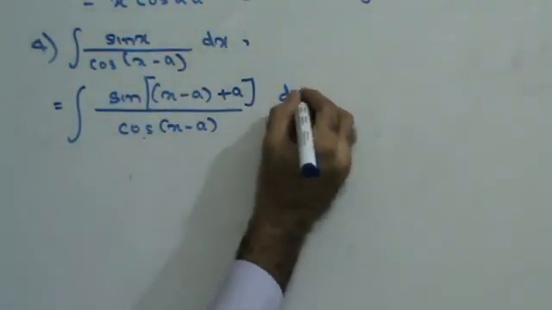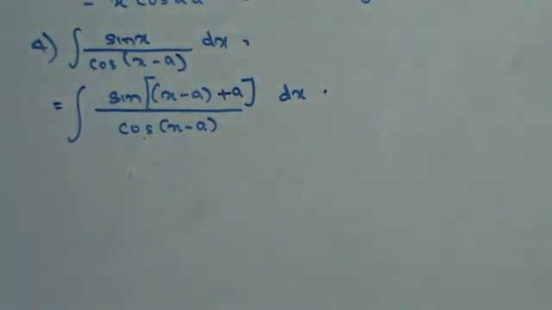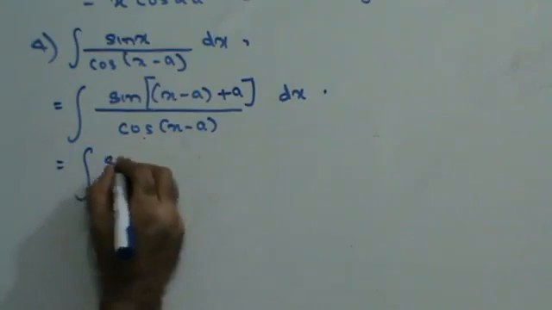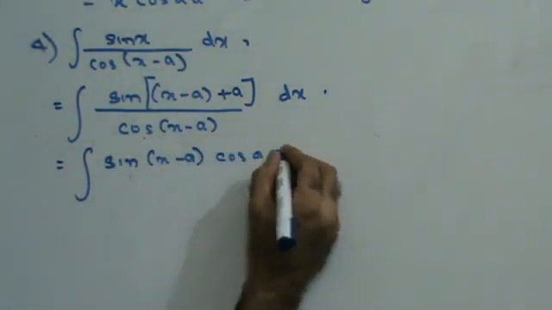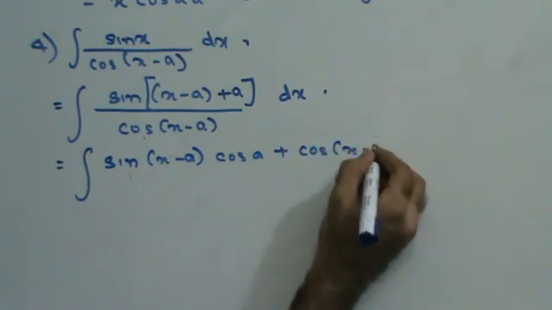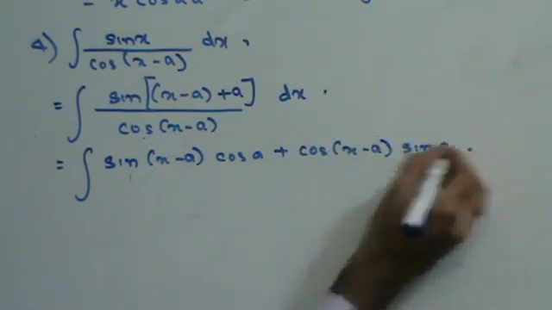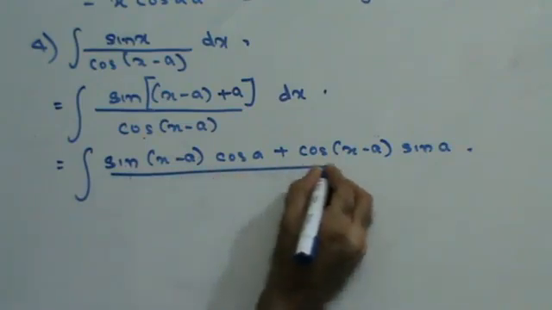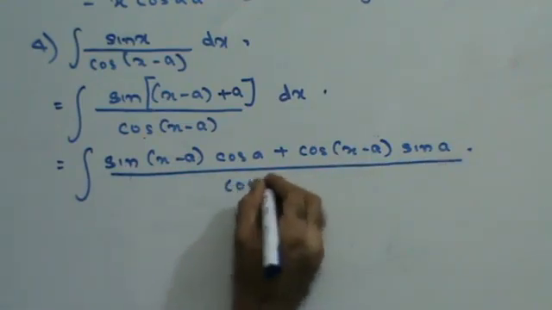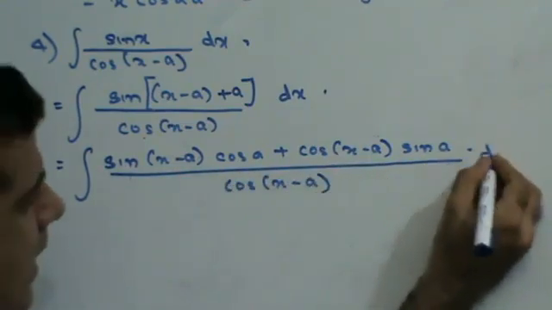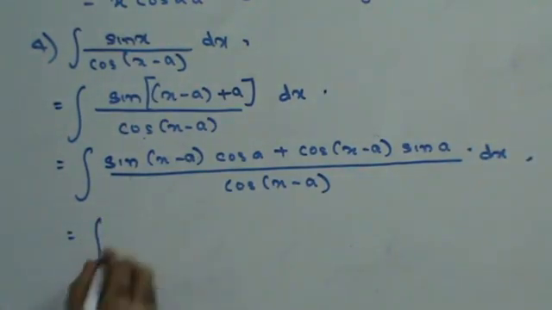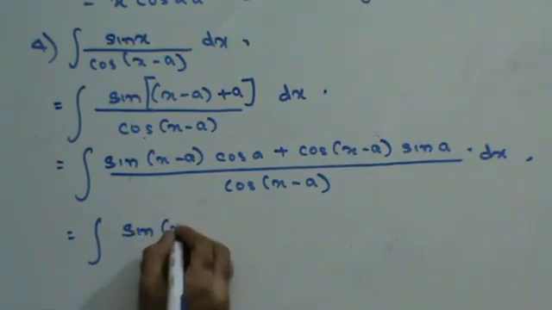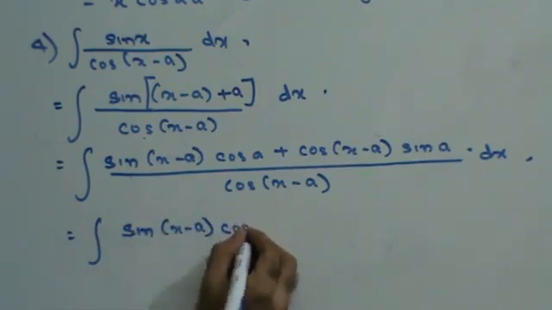To keep the equation constant, I will write plus a. I can expand this by using the addition formula. Sin(a plus b) is nothing but sin a cos b plus cos a sin b, upon cos(x minus a) dx. This can be written as, split the numerator, sin(x minus a) cos a